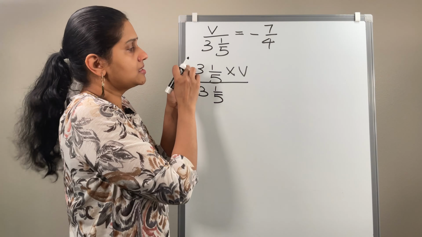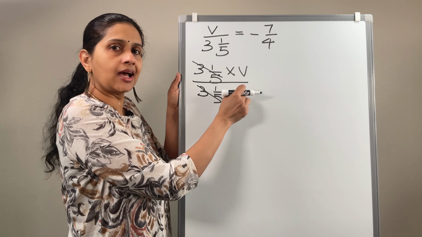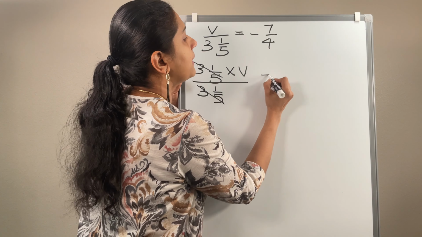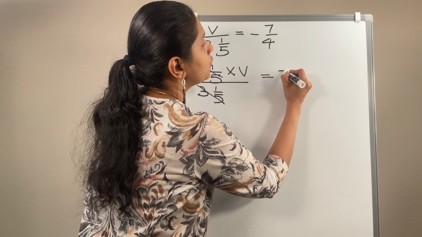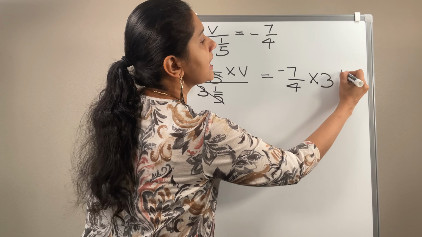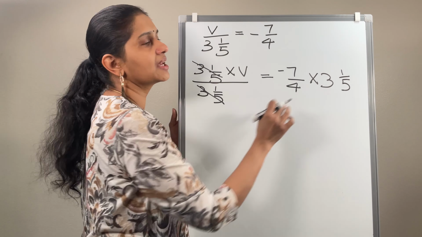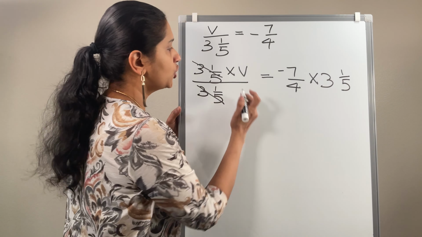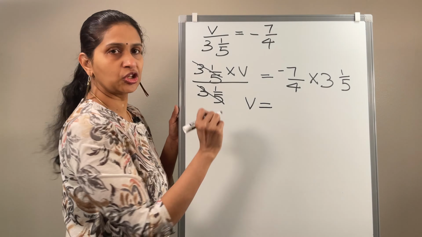What will happen is this 3 1 by 5 will get cancelled out and the v will get isolated. When you multiply one side by a number, to balance the equation, you have to multiply the other side also using the same number. So, I am simply multiplying both sides times 3 1 by 5. Here you are left with v, the variable is isolated, that is going to be equal to